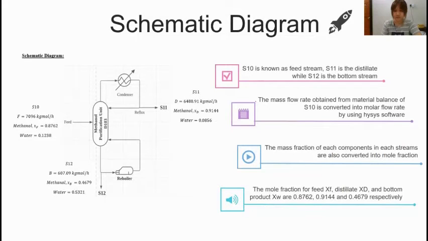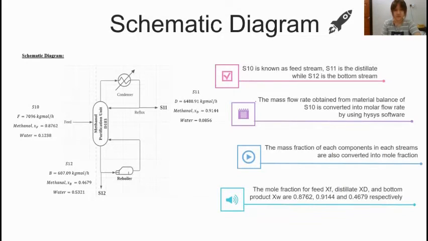Then the reboiler is also implemented in this plant, where the liquid stream from the distillation column is partially boiled up to produce a vapor-liquid mixture. The vapor stream is returned to the distillation column, while the remaining liquid, which consists mostly of water, will be discharged into the wastewater treatment. The installation of the condenser and the partial reboiler is to ensure that the distillation column is able to operate